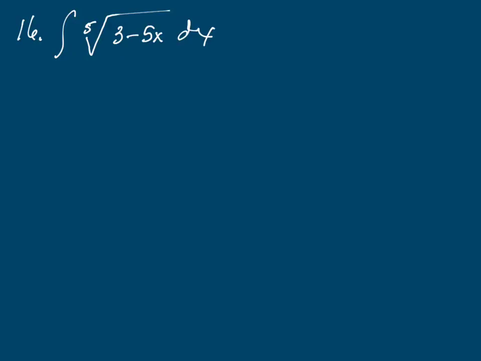Okay, number 16, we have the integral of the fifth root of 3 minus 5x dx. So I'm going to rewrite that: the integral of (3 minus 5x) to the 1/5. It helps me so much better to do that. Okay, so what do we do with this? Well, we can say that that is negative 1/5. We would do negative 1/5